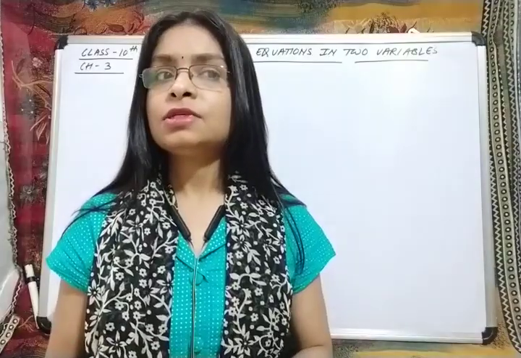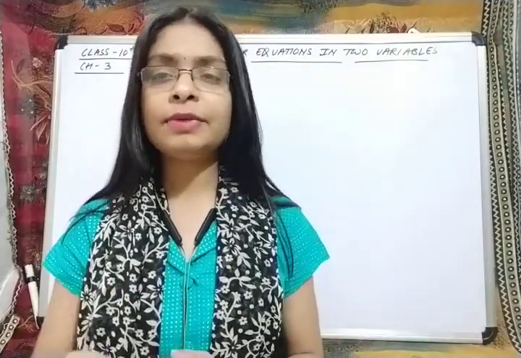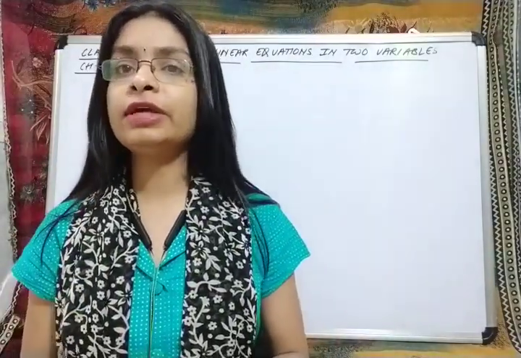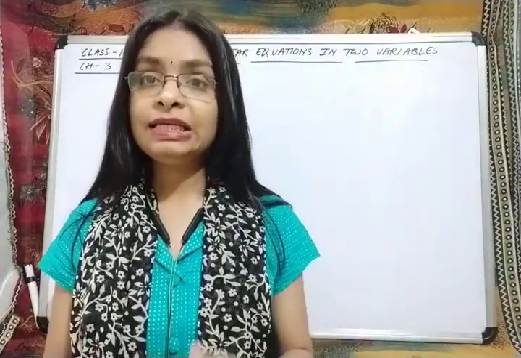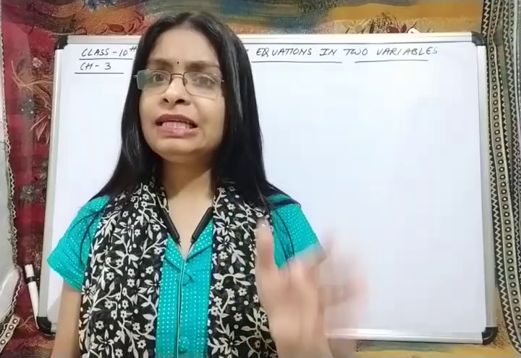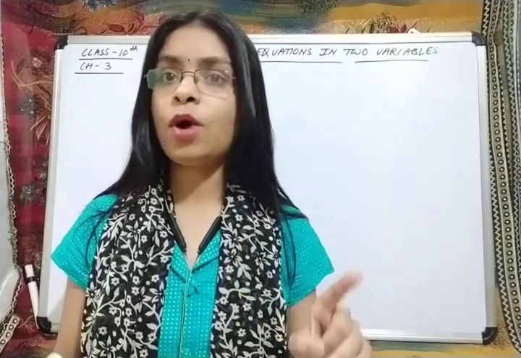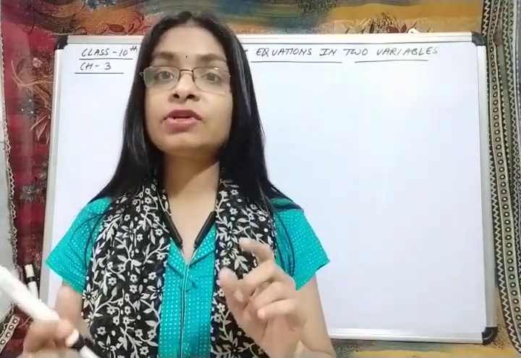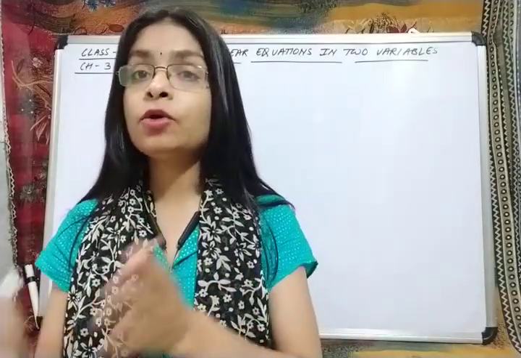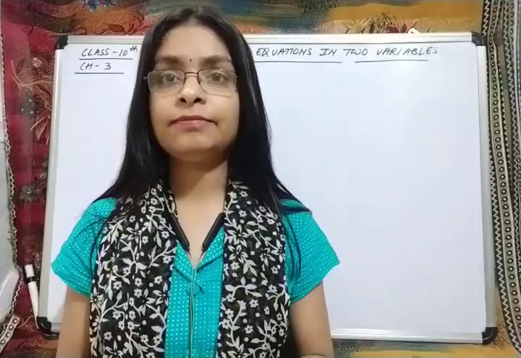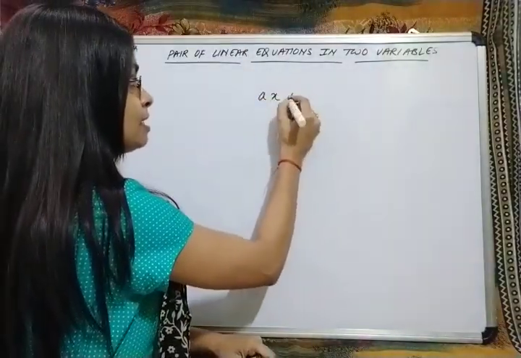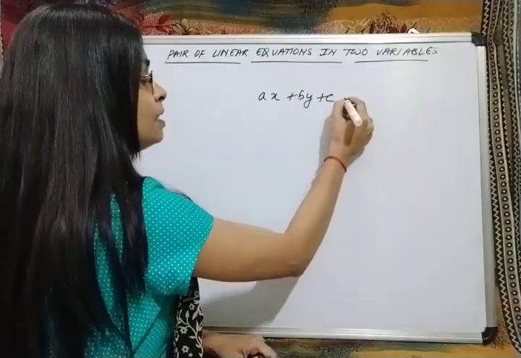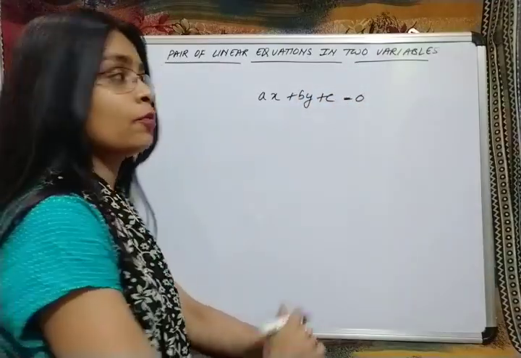Okay. So students, I think you all are familiar with the linear equation in two variables, which you have already studied in your previous class, that is class 9th. Linear equation in two variables means an equation of degree 1 with two variables, that is, it will contain two alphabets, two variables, either x or y or z or p or q. So the general form of the linear equation in two variables is ax plus by plus c is equal to 0, where